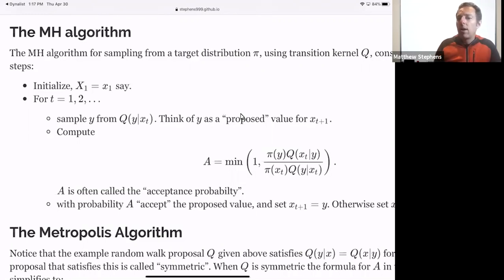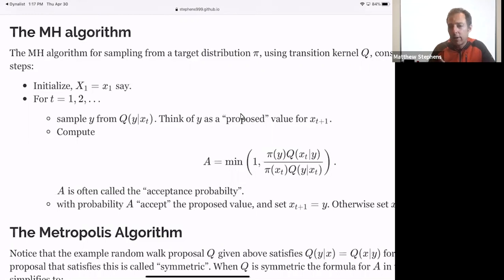So we'll come back to this acceptance probability in a moment, to get some more intuition. But just notice that you only need to be able to compute pi and Q in order to compute this acceptance probability. And in fact, you don't even need to be able to compute pi and Q necessarily. You just need to be able to compute these ratios. And that actually turns out to be key, because for pi,